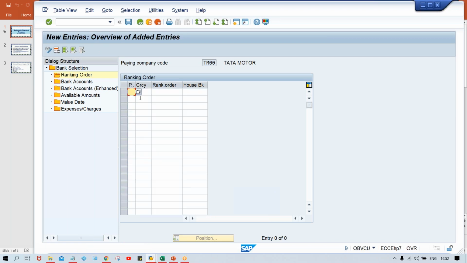So here what is happening, guys, first of all, payment method: I'm going to give payment method T that we are using. Currency: you can give whatever currency is there. Rank order, house bank. So priority here we are going to give 1, 2, 3, 4. So rank order 1 means